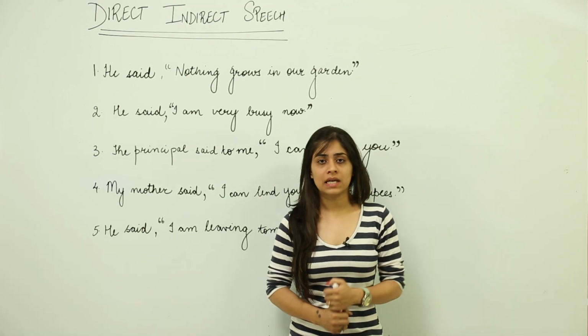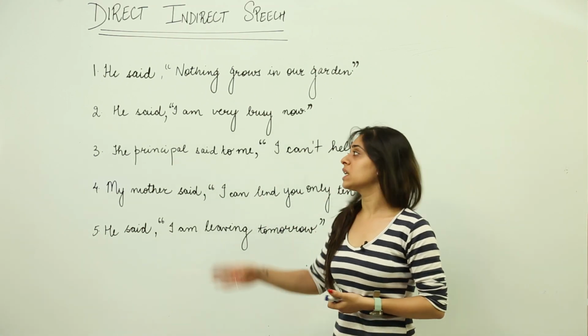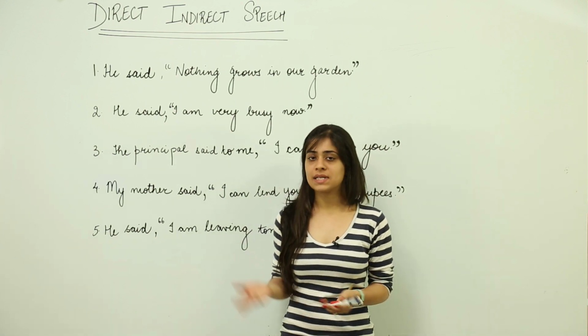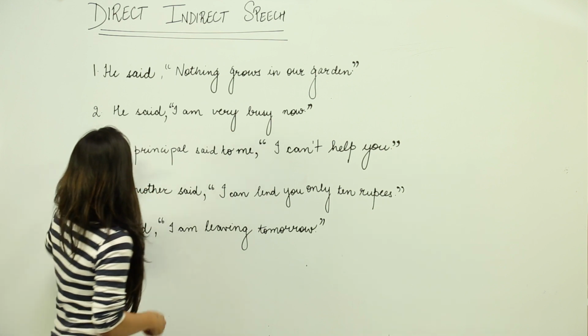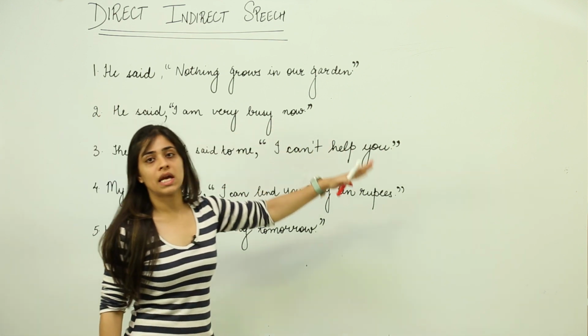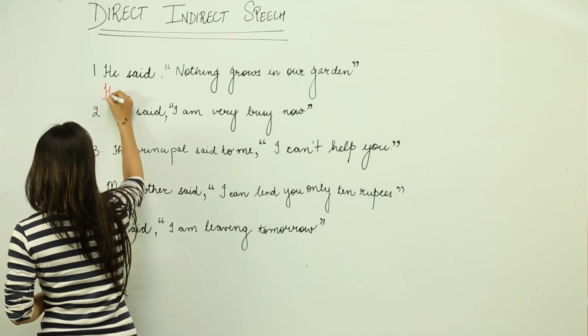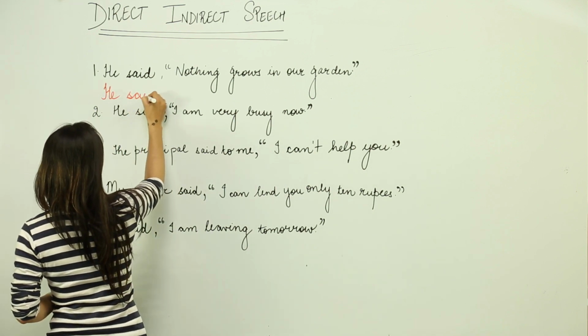As per the rules discussed, we will try and use those rules in these sentences and change them from direct to indirect speeches. Let's take a look. For example, he said, nothing grows in our garden. Now let's convert this. He said